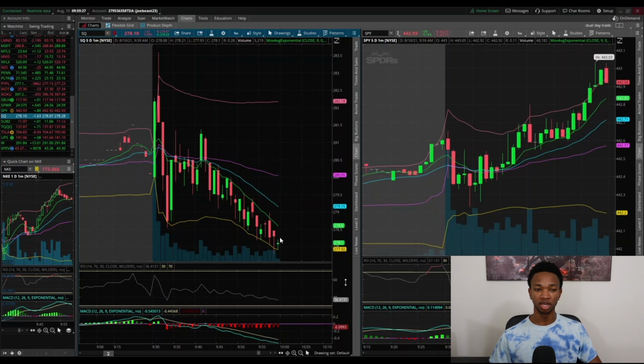You don't want to get greedy. Square could easily reverse and shoot up. So it's nice to always lock some profit. And if we continue the tape,